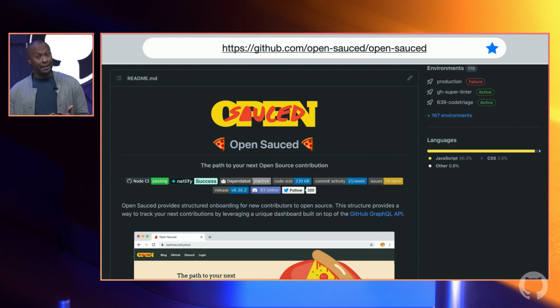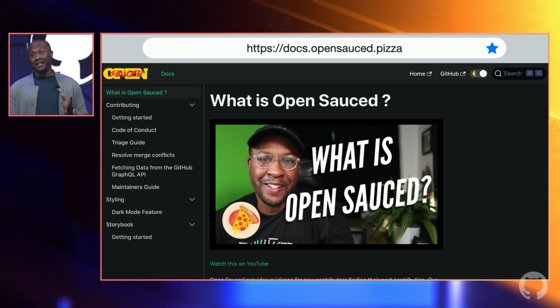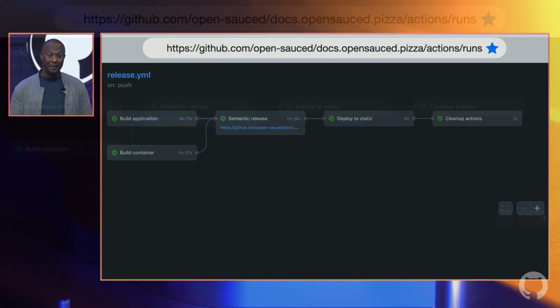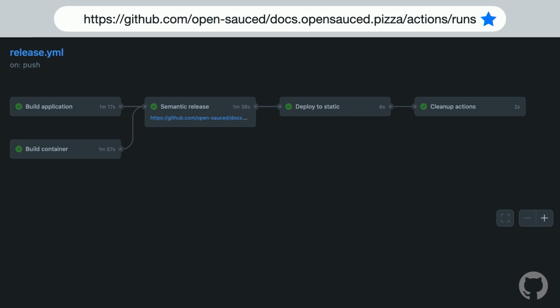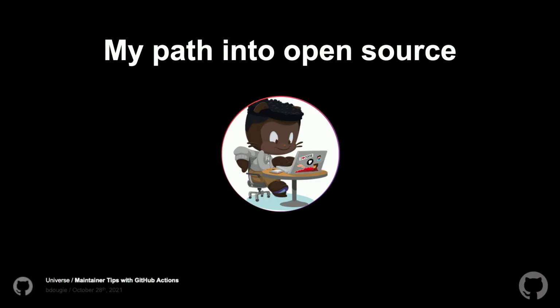And one of the projects I've been working on for the past couple of years is OpenSauce. OpenSauce is a project that I always wanted to contribute to open source, but never knew where to start. And OpenSauce does that for me. Over the summer, we actually shipped an entire doc site, which is powered by GitHub Actions, compiled and shipped to GitHub Pages. That's actually the workflow visualizer. And I'll get into more detail about that really quickly, but I want to briefly talk about my introduction